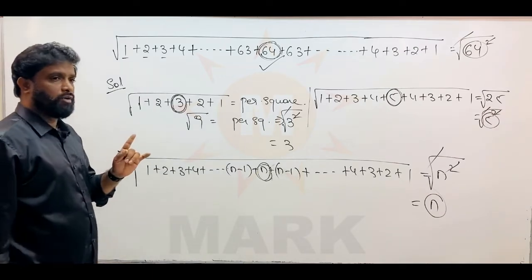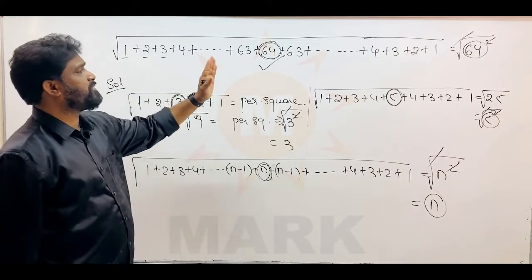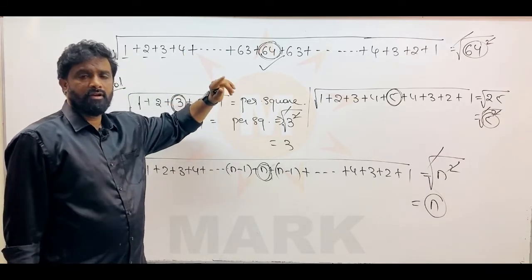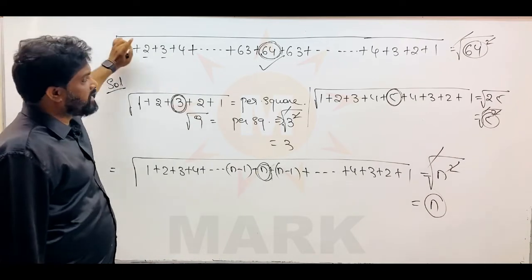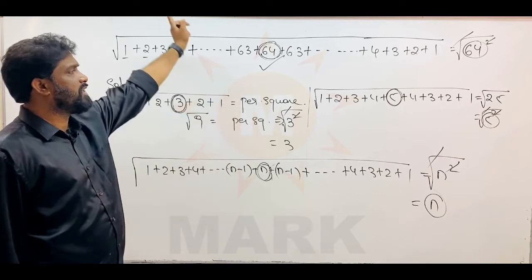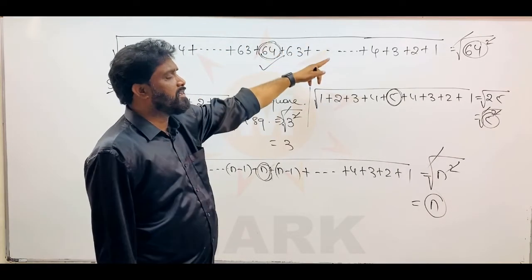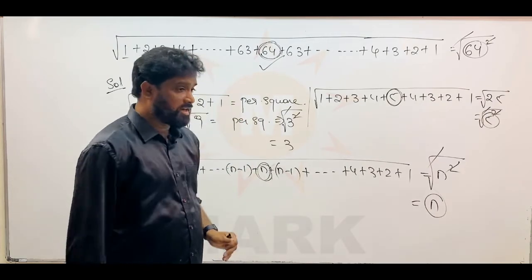Friends, one more point I want to say, some students are getting confused. You cannot start this pattern from somewhere in the middle. You need to start from 1, go in ascending order and stop at a number of your choice, which you select as the highest number, and then again start in descending order and reach up to 1. Then only this rule is valid.